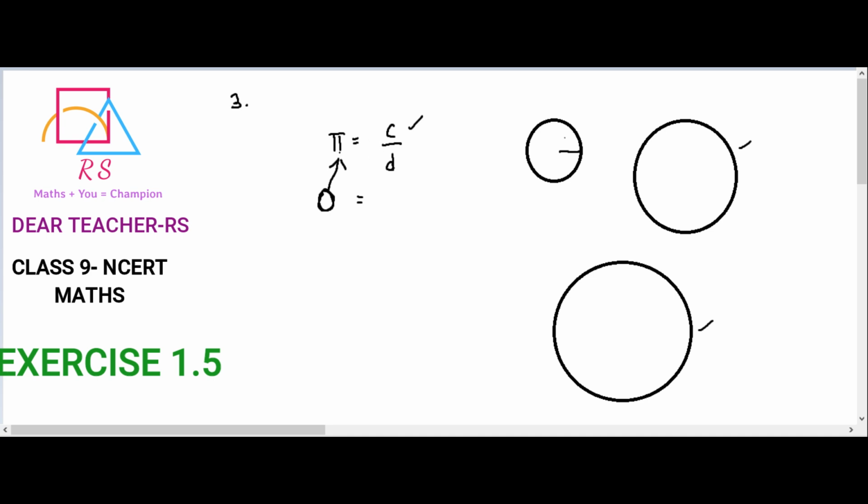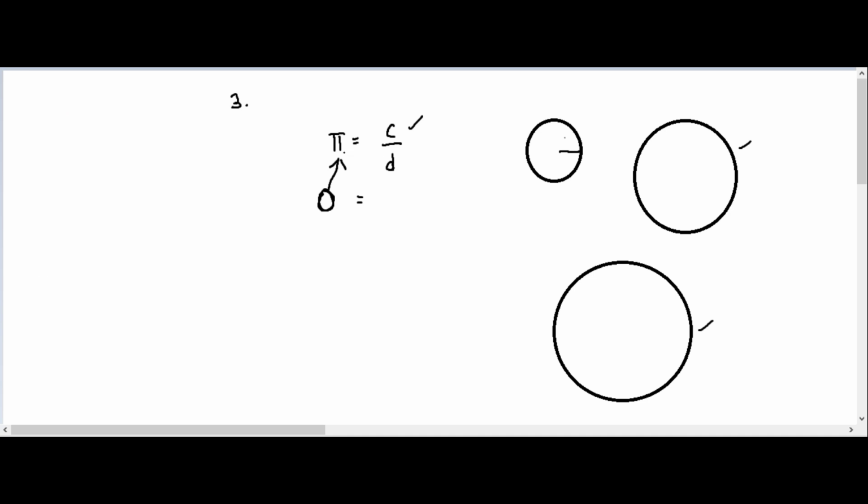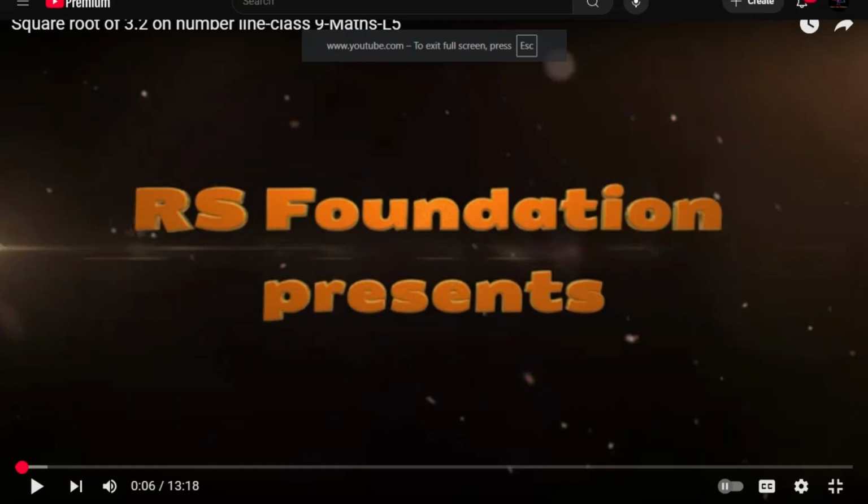So that is why this pi is irrational. If C and D are rational, then pi also will become rational. If any one of these things is irrational, then pi is also irrational. This is how you have to resolve this contradiction. Actually, pi is an irrational number, and C is rational, D is rational. So then this is rational, this is irrational. Contradiction. Okay, so this is how you